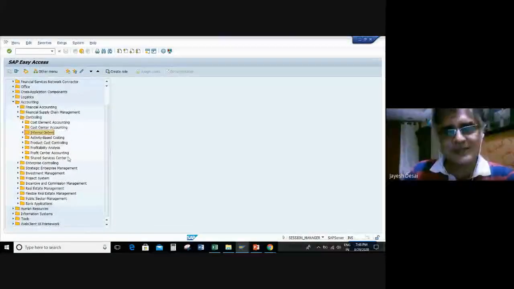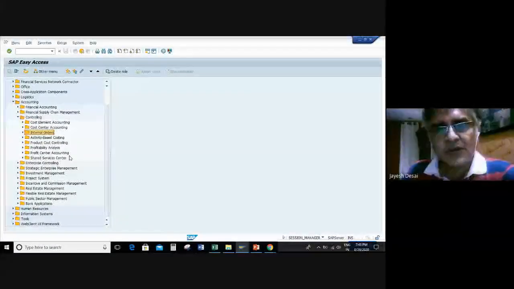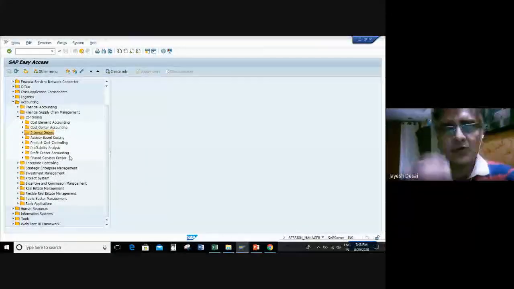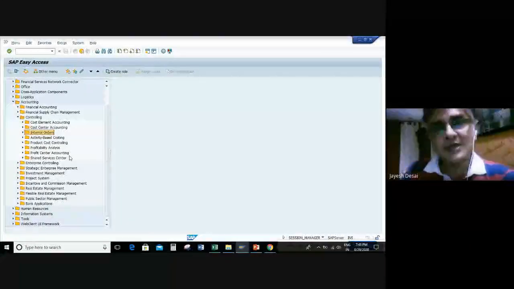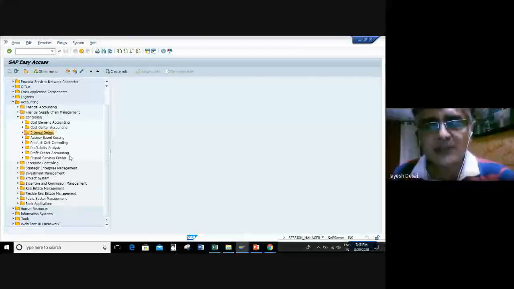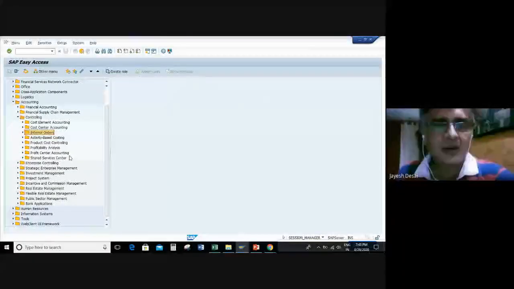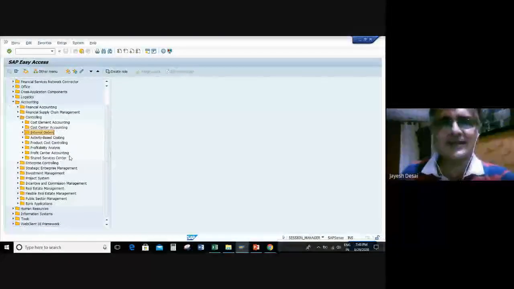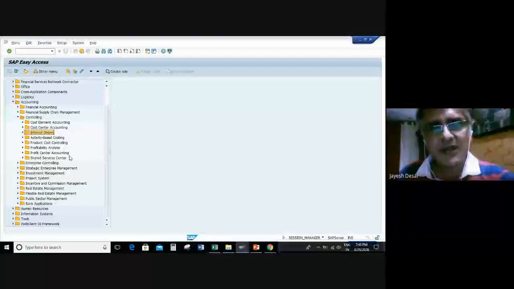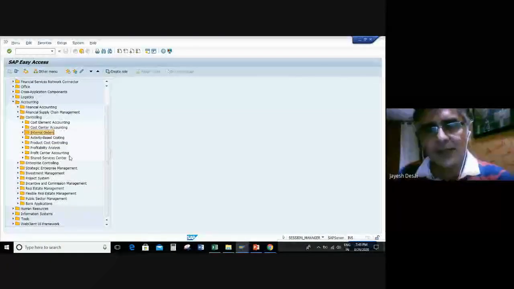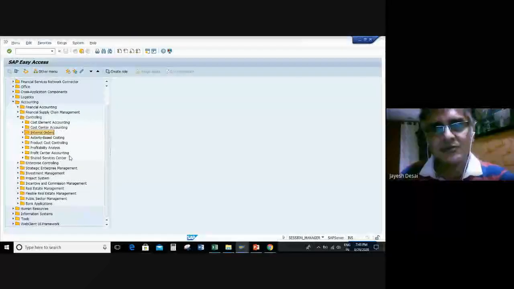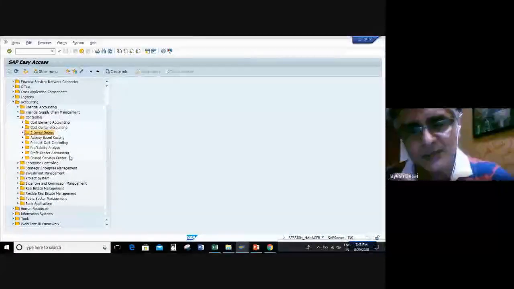You can also have a statistical internal order where you are not posting to any cost center. For example, you have a motor vehicle cost center, which has, say, 10 vehicles. Now you want to see the cost by these 10 vehicles. One option is to create 10 different cost centers for 10 different cars, but that means you are increasing the number of your cost centers. What you do instead is create a statistical internal order, which is attached to this cost center, and all the costs which relate to those vehicles get posted in the cost center.